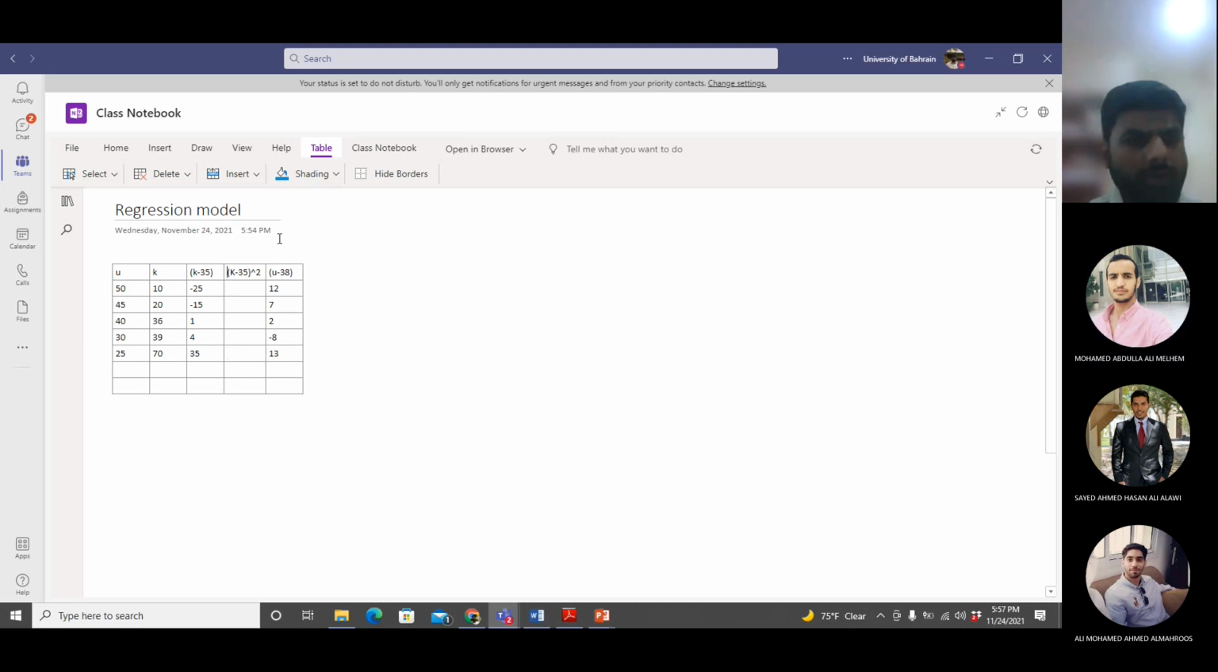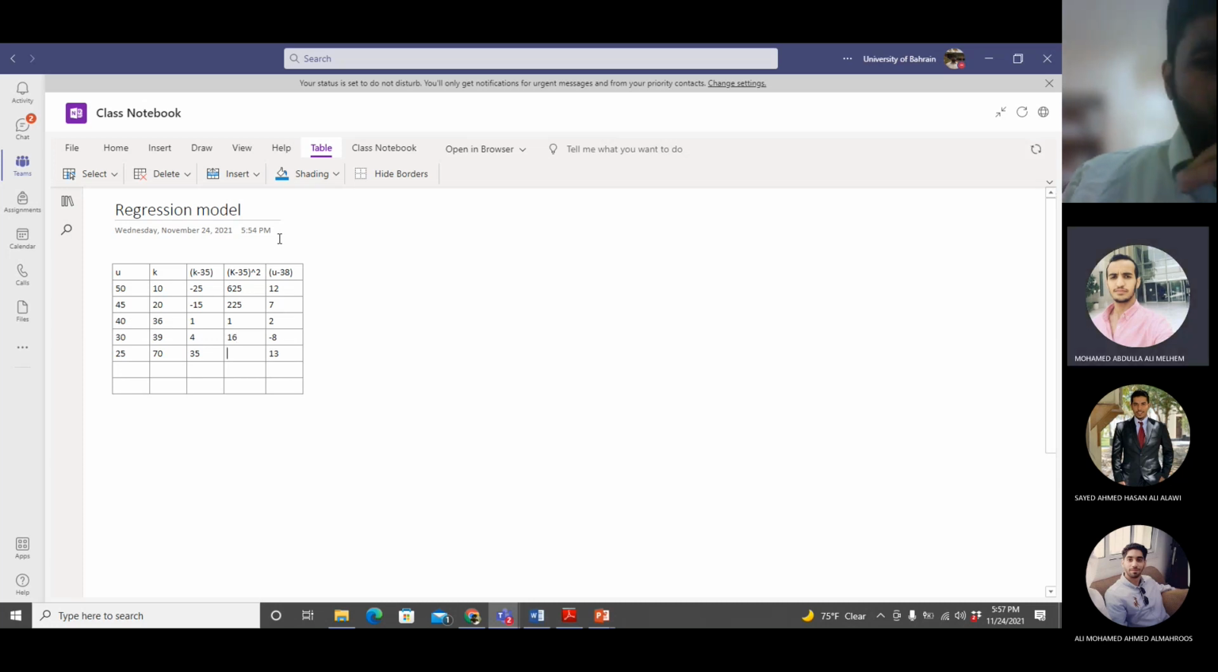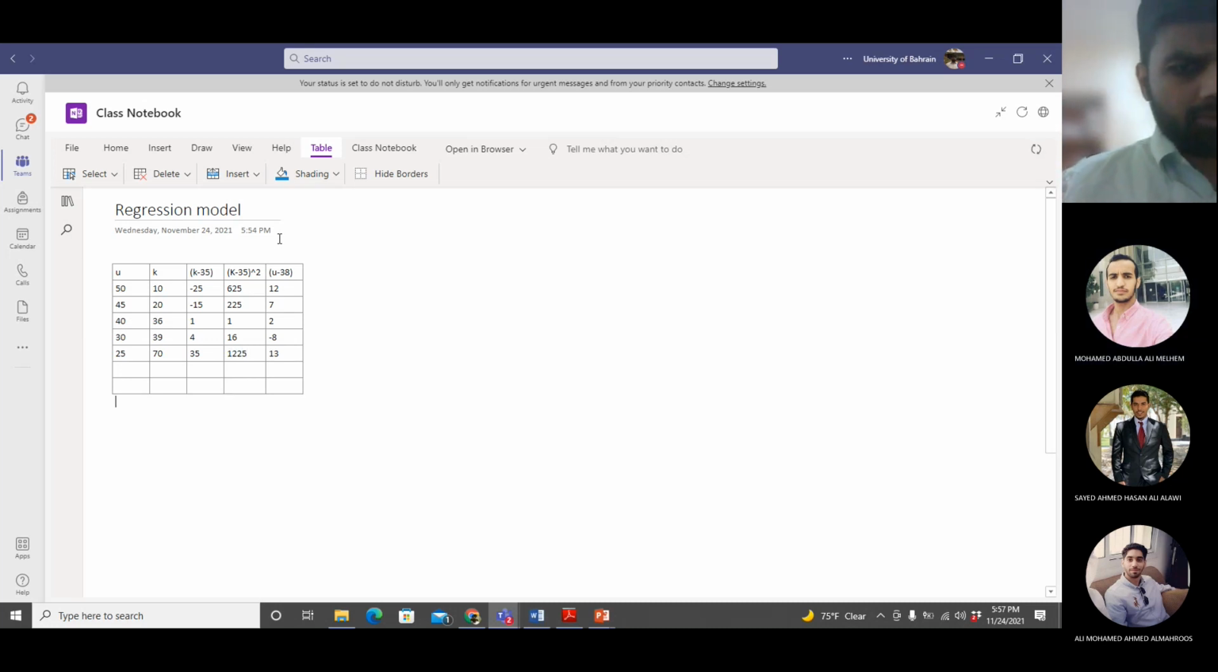Okay, the square, what's the square of 25? 625. 15? 225. 4 is 16, and 35 is? 1225. Okay, so B equals,